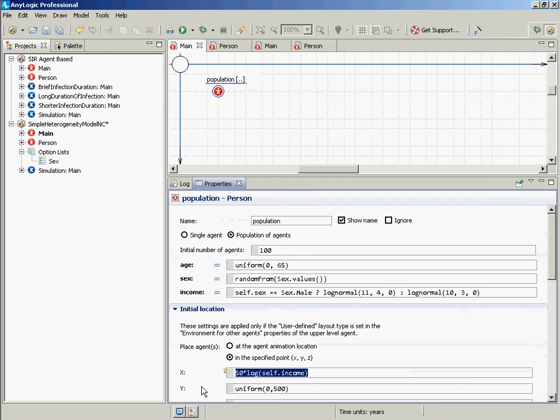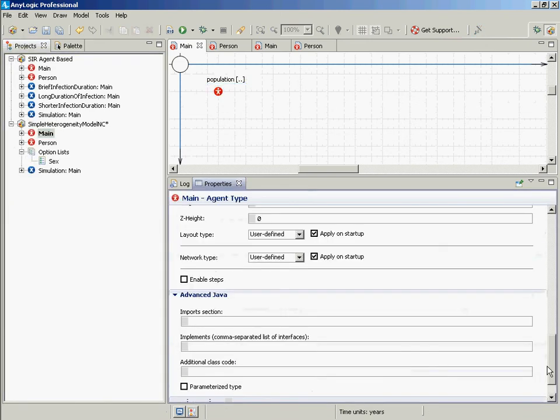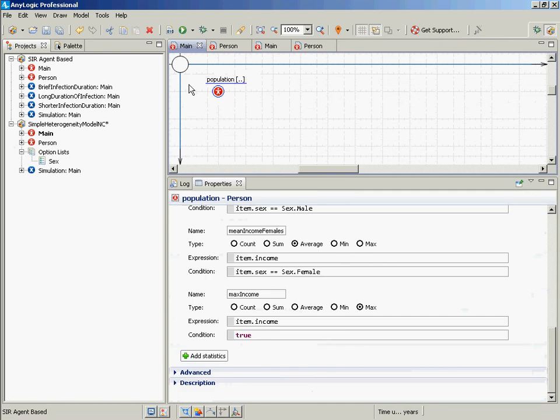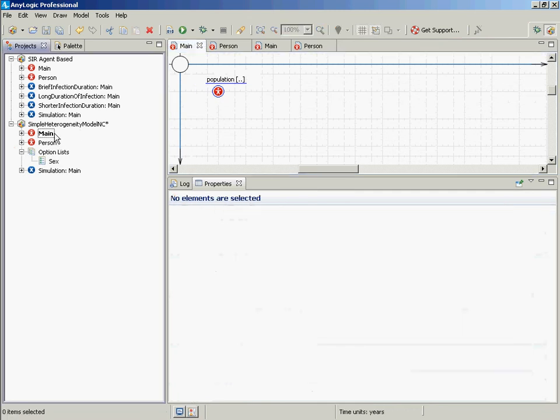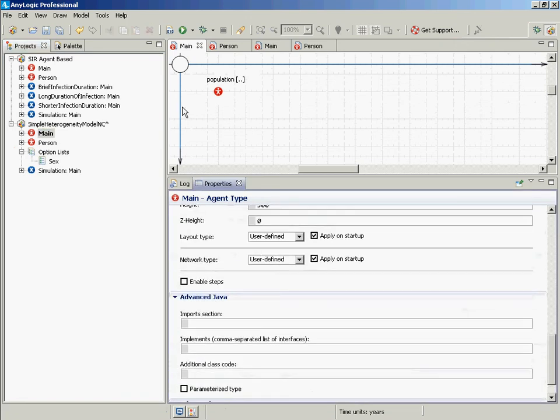But then later we refined it by saying, well, no, we actually want to take care of it. We want to impose instead a user-defined network or user-defined layout, and we'll take care of putting them in the right place. So we went to population and we indicated where people should be placed by their X and Y